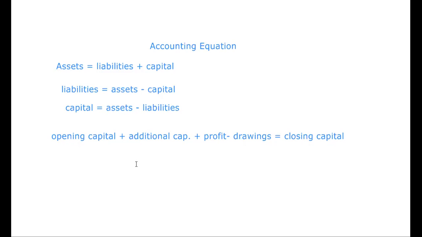In this way, you have to learn only this basic formula. Please keep in your mind this logical and conceptual formula: any additional capital or any surplus profit is added to the capital, and drawings are deducted from that capital, which gives us the closing capital. So in this way, this formula derives so many other formulas. See how it works in questions.